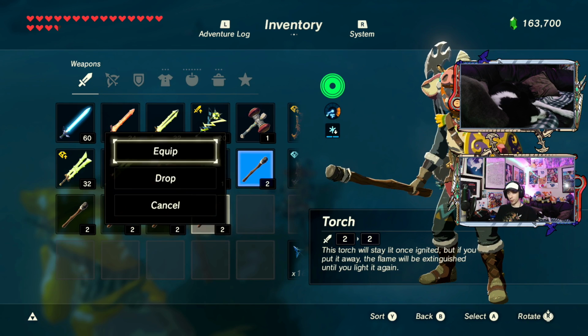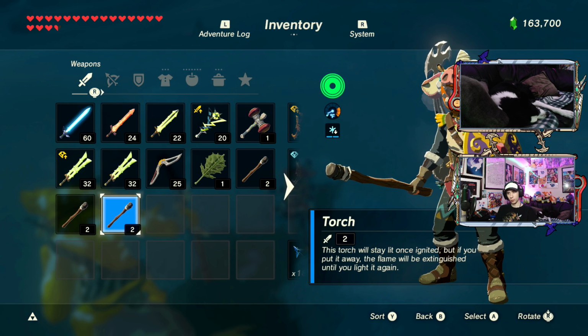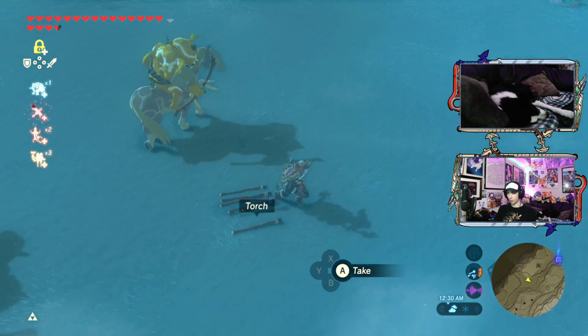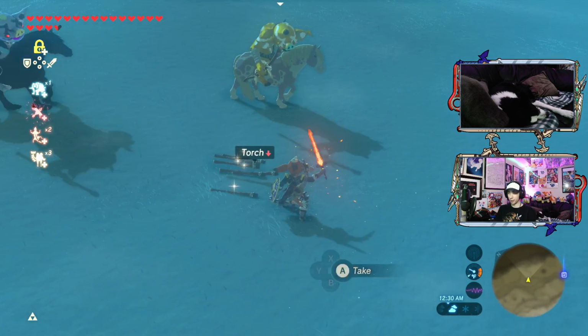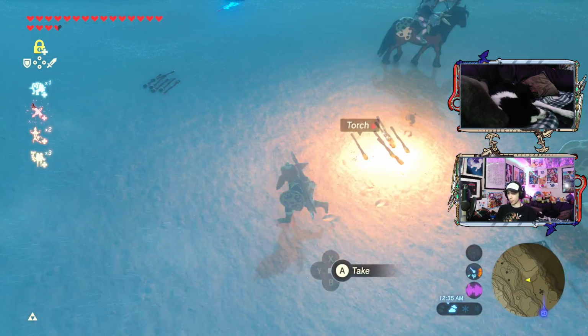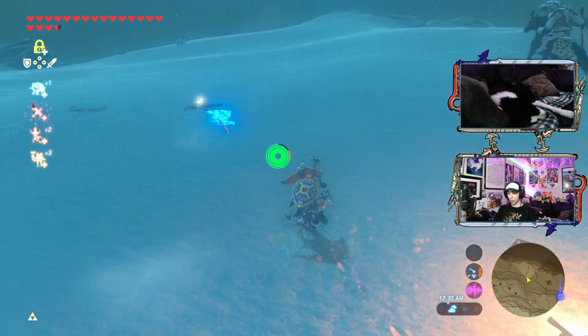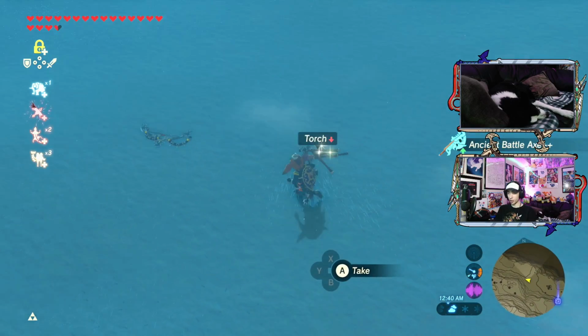Let's go ahead and drop a whole bunch. Whoops. That should be plenty of torches here. So let's light them up. Let there be fire. Then we'll light these ones up. Let there be fire. I'll go and pick up all my stuff over here. So we have a whole bunch of spare